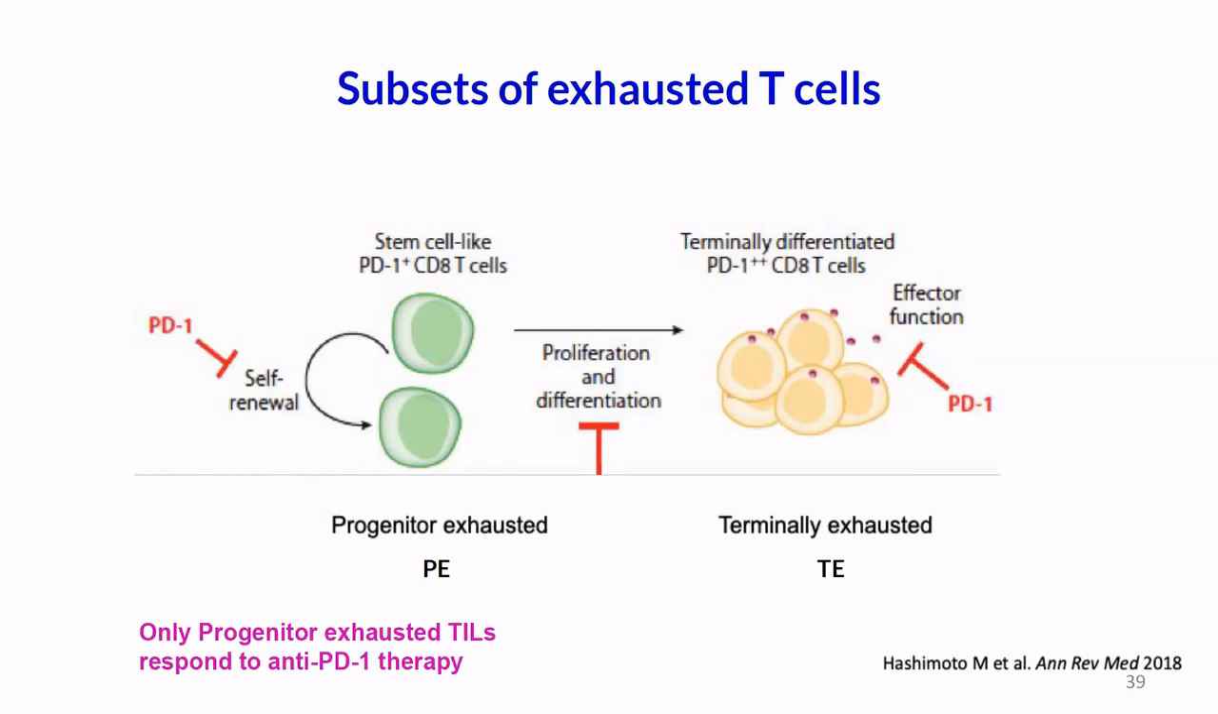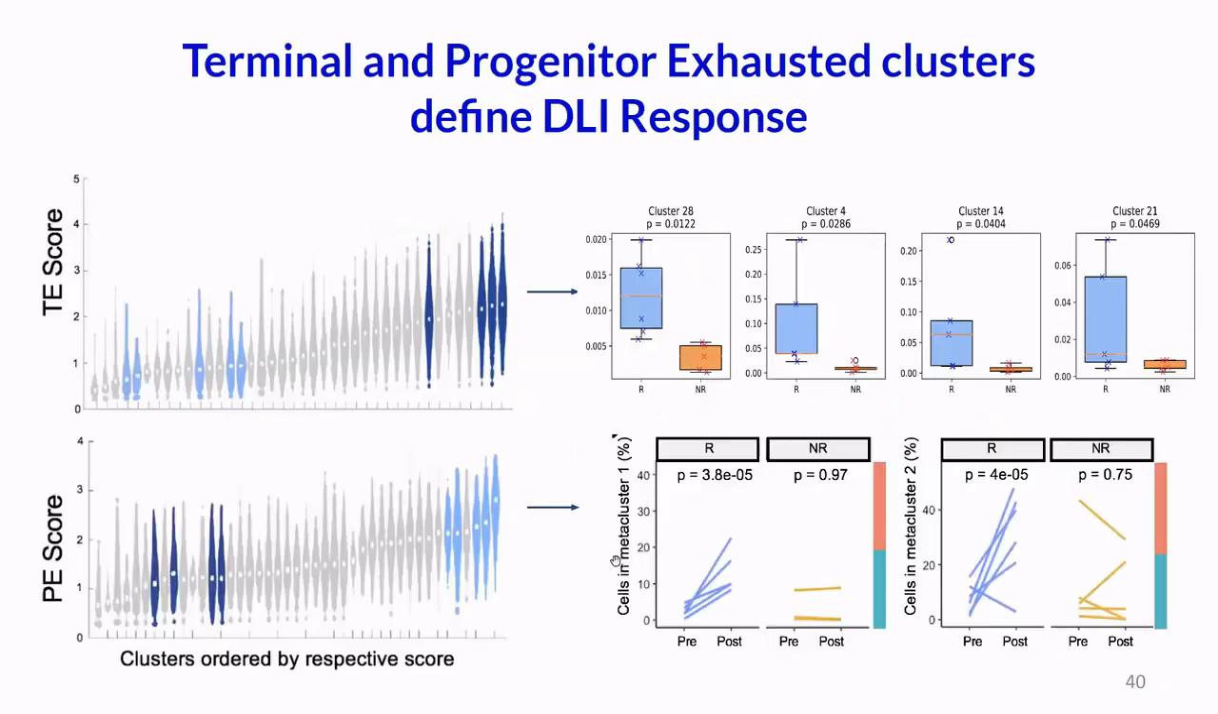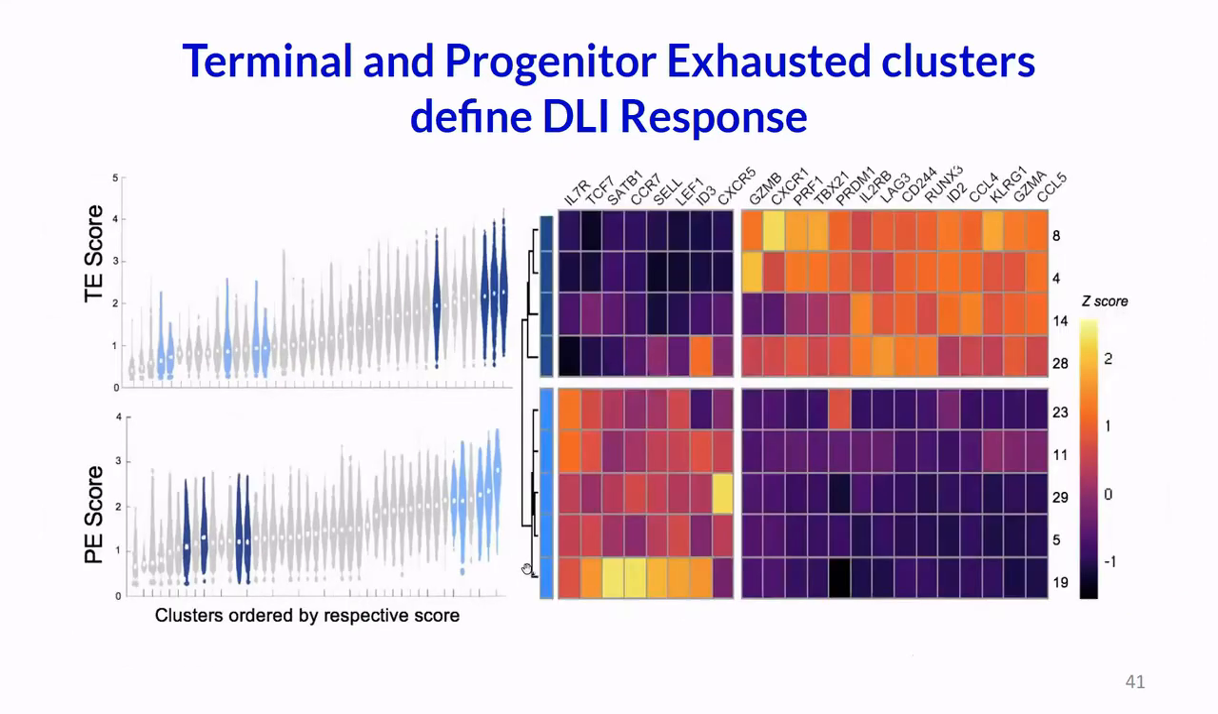And when we use these studies to curate our own signatures and apply this to our clusters, we found, interestingly, that all of the clusters that were enriched at baseline in the responders were all terminally exhausted, whereas the ones that are expanding after treatment in the responders are all progenitor exhausted cells. So we also confirmed some known markers such as TCF7 in the progenitor exhausted, and also found novel markers for